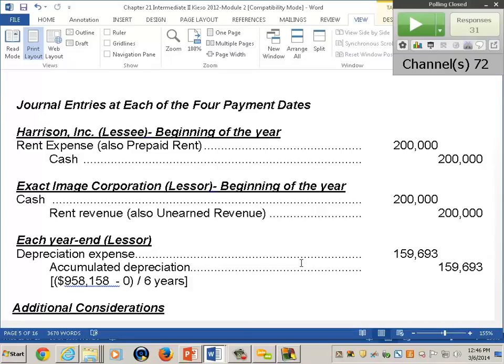Now, if the lessor has the asset on its books and it's not regular inventory, you would depreciate it. By the way, most textbooks do this only to show you that the lessor still has the asset on their books. For me, I would not necessarily put this here if you're leasing it directly from a manufacturer who has the asset in inventory. But again, that's to show that you've got the asset on your books.